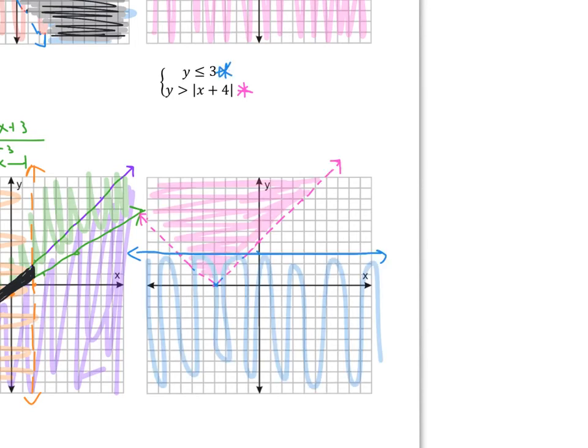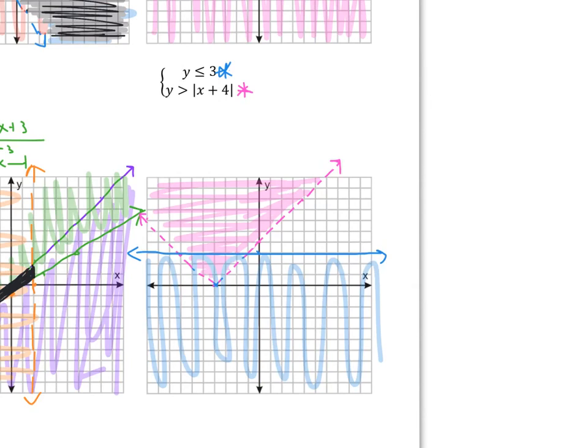For our final system of inequalities, we have y is less than or equal to 3, which is a horizontal line that's solid going through the y-axis at 3. Y is less than means any y value that's lower than 3. That means we shade below. For y is greater than absolute value of x plus 4, I noticed that would be a transformation of 4 units to the left from the parent function. I went -4, 0, there's my vertex, and went up 1 over 1 in both directions using a dashed boundary